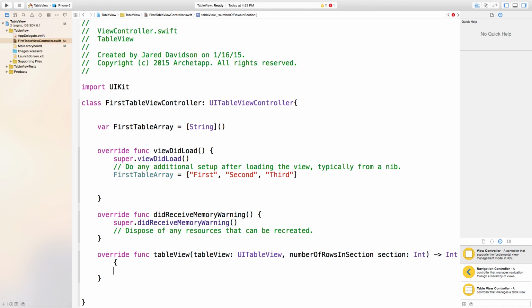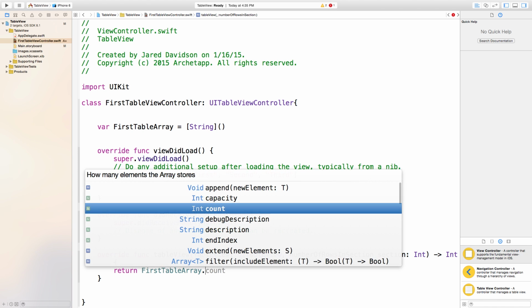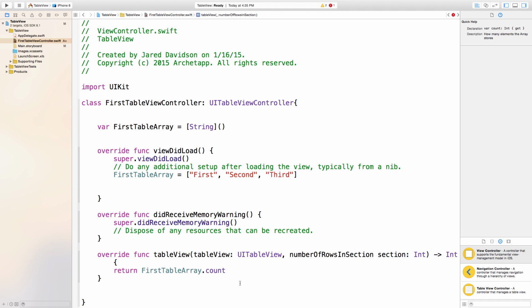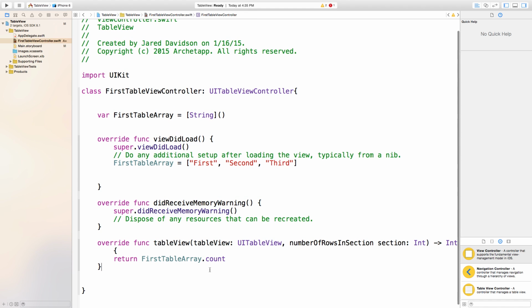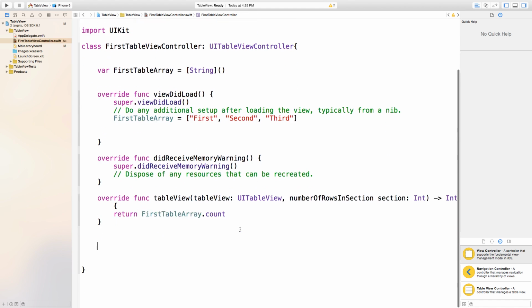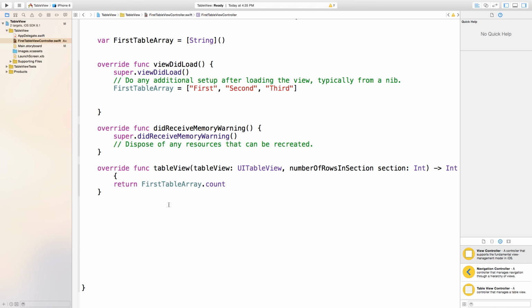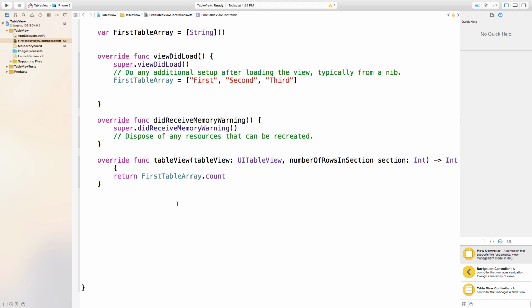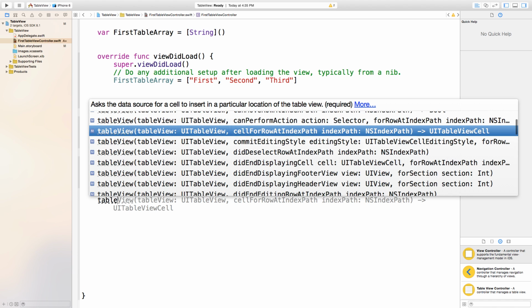Now inside of that code we just want to say return first table array dot count. And then right down here we want to add another function that is going to basically hold our cell and create that cell according to how many of these arrays that we have. So just go ahead and say table view cell for row at index path,